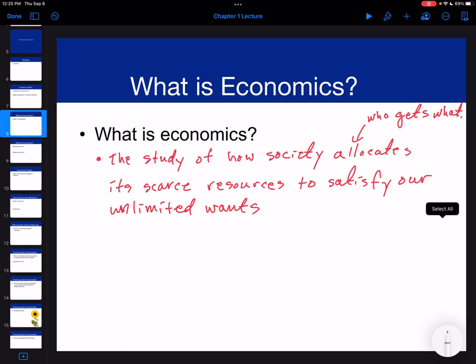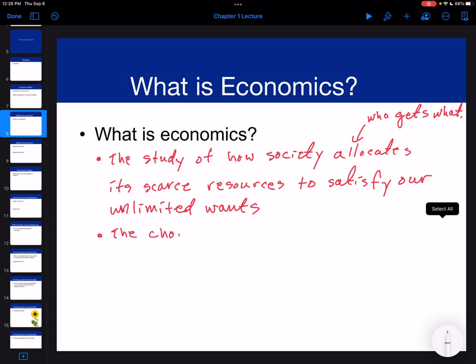All right, so this is an okay definition, but one of the things that's left out here, and this is why it's good to add something, is that the choices being made, it's not society, right? It's not like we get up every morning and vote on what shirt or sweatshirt somebody's going to wear or what somebody's going to eat for breakfast. Society has no say on what I eat for breakfast, what I wear, what car I drive. So it's not really how society allocates this. Yes, we as society make these choices, but the choices are being made by individuals.